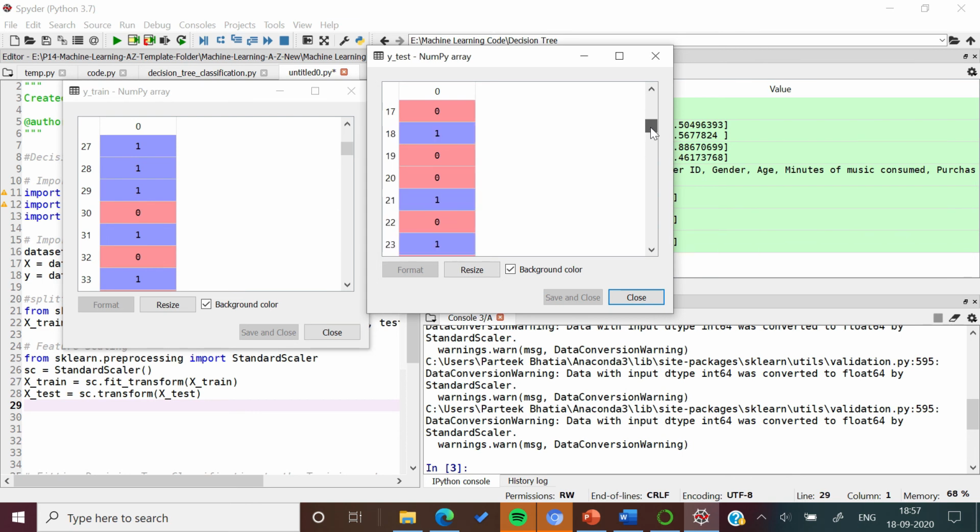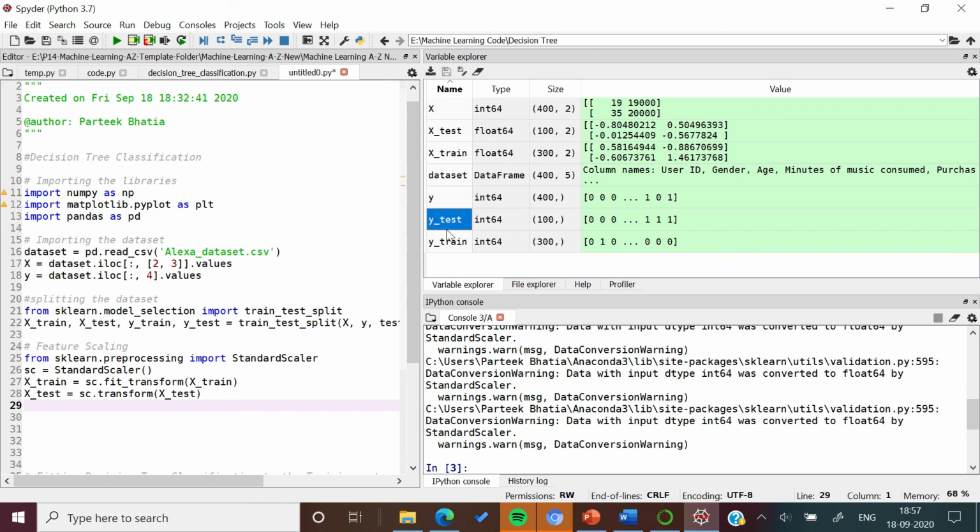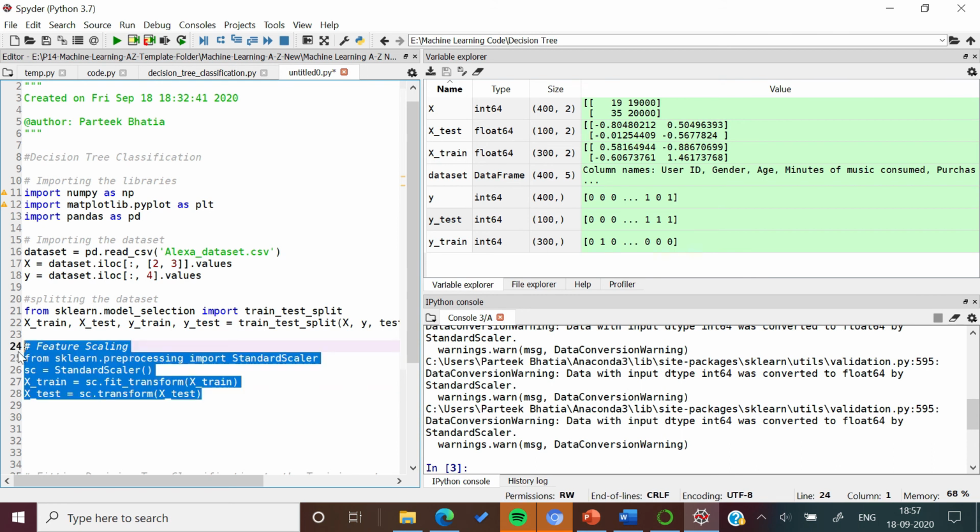So there is no need to apply scaling over class attribute or ytest or ytrain. We only need to apply scaling over our independent attributes. So that's why we have applied it over xtrain and xtest and not over ytrain and ytest.